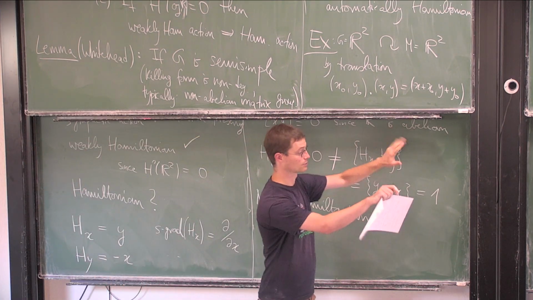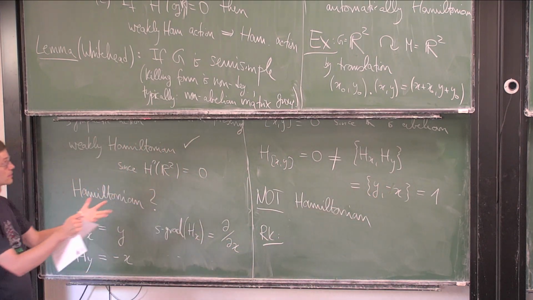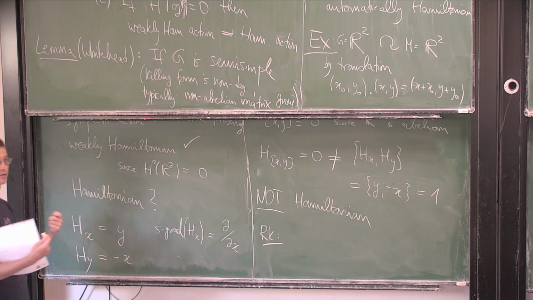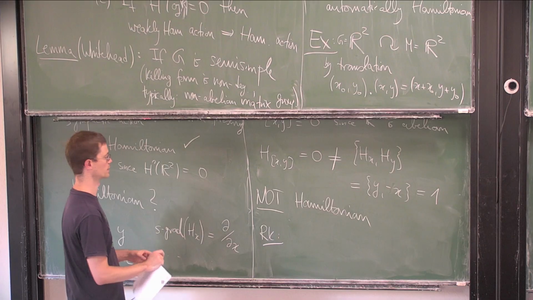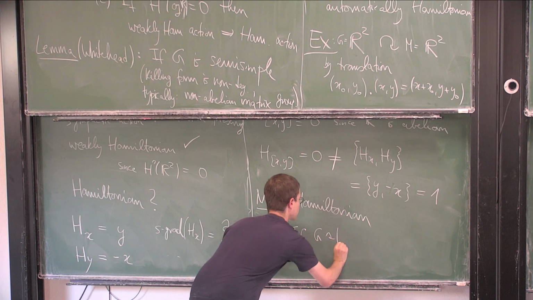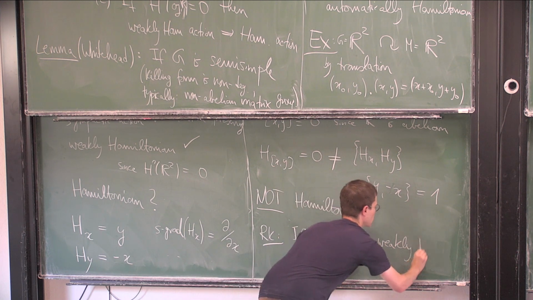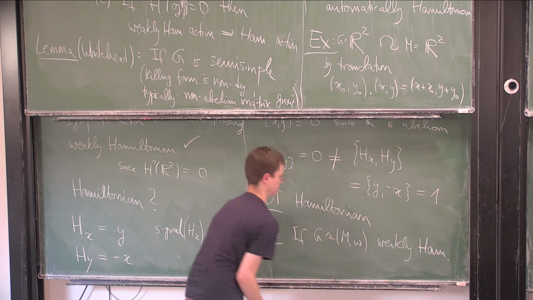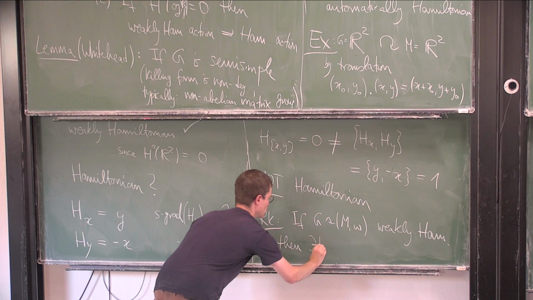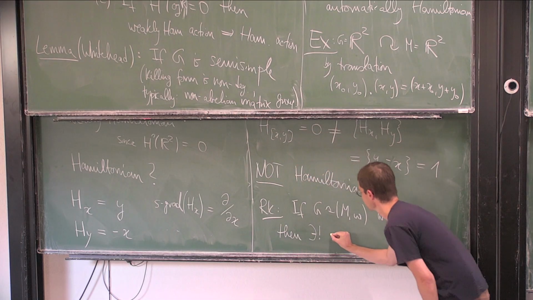Translations are a very natural object, but this action is not Hamiltonian. The group you should consider is the Heisenberg group, which is the central extension of translations. So if (G, X, ω) is weakly Hamiltonian, then there is a unique central extension,